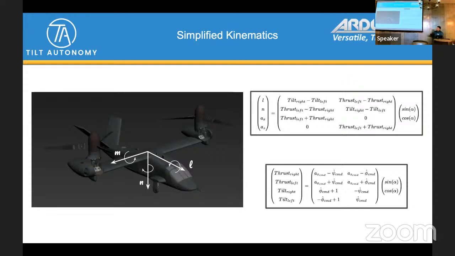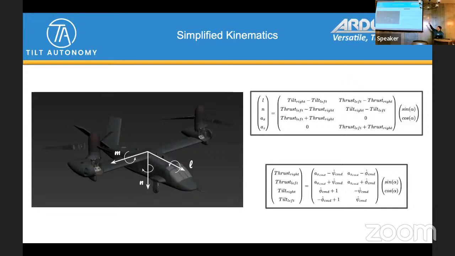But ultimately, this is the simplification that I came to, and bear in mind, this is very simple, mostly for conversation's sake. But you can see I've broken it down into the moments of L, M, and N, specifically roll and yaw, so L and N, and then the acceleration forces in the x-axis, so that would be out the nose, and the z-axis, which would be vertical. Those are the primary dynamics for the non-linearization that the tilt mechanism applies to the vehicle. And so I loosely put those down just to show the generic mixing there.